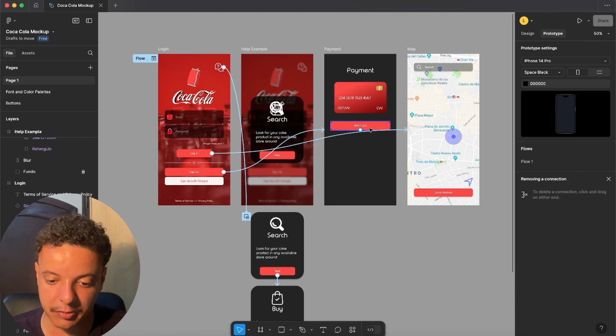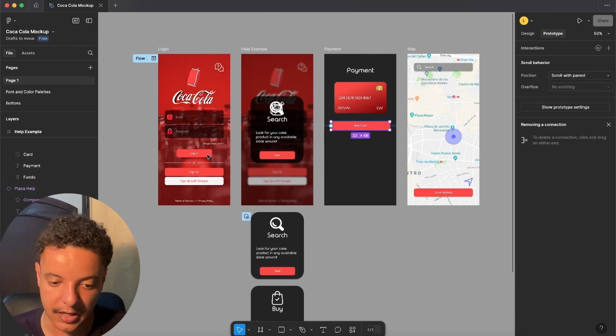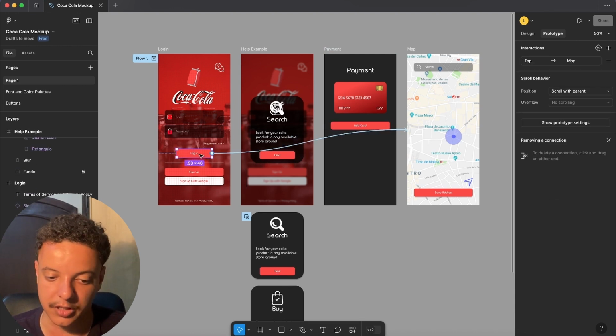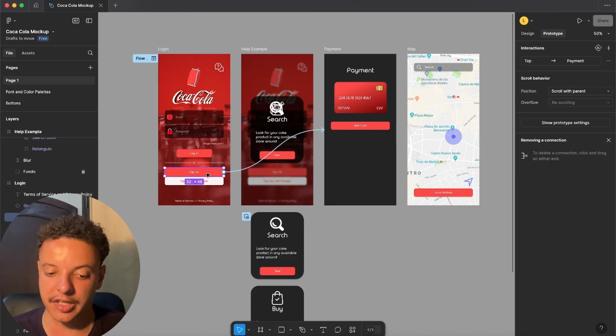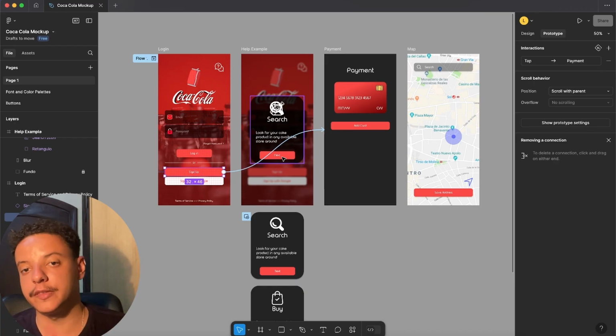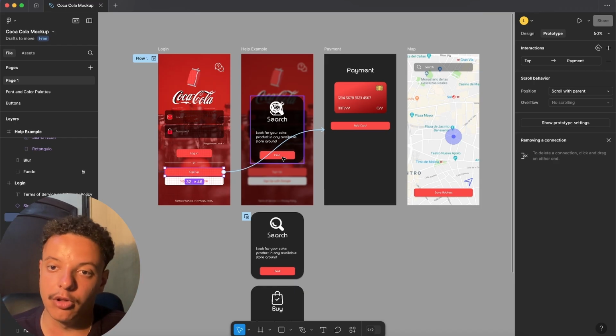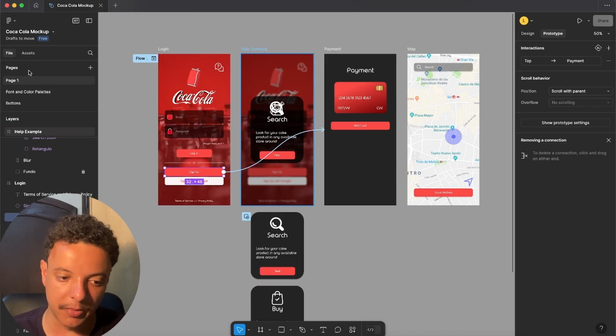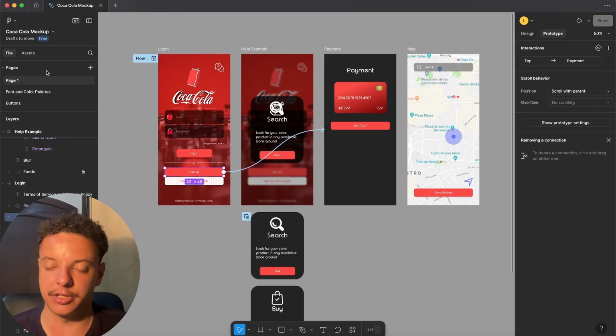In this case, you can see we have a larger button, a bigger button, and a smaller one. For logging in, we have a smaller one, and for signing up, we have a bigger one. In the card, we have a small button as well. So we can create this button only one time and reuse it in all of our project, just by clicking once, right? For this, I recommend you create another page here in Figma to keep everything